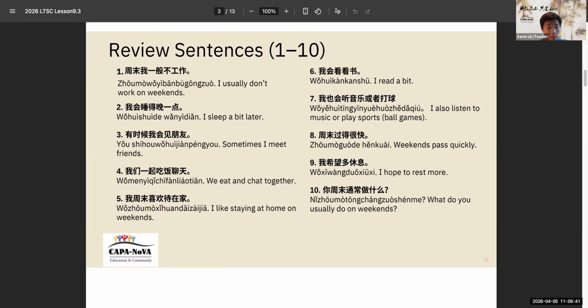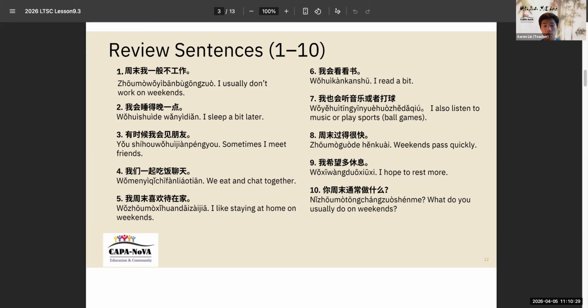Number four, 我们一起吃饭聊天. This means we eat and chat together. 我们，一起，吃饭聊天。 Number five, 我周末喜欢待在家, which means I like staying at home on weekends. 我周末，喜欢，待在家。